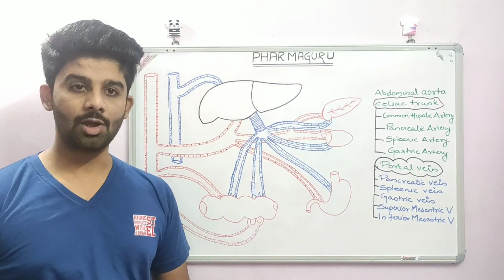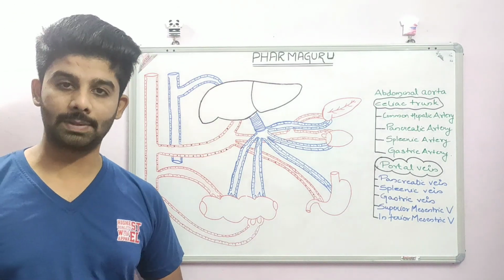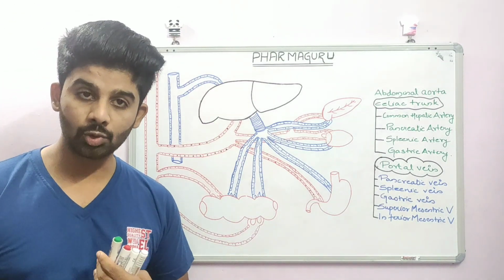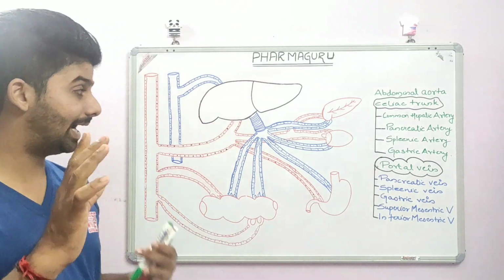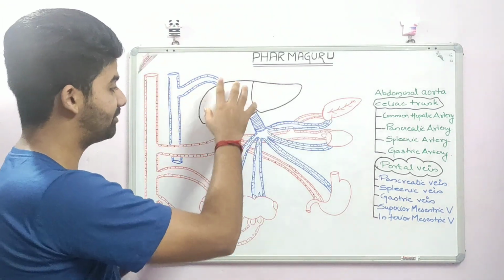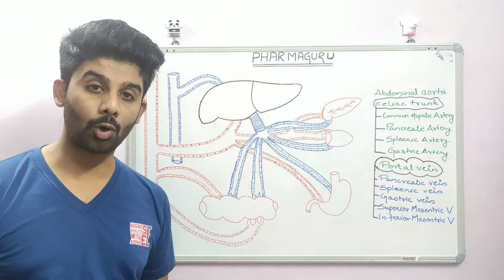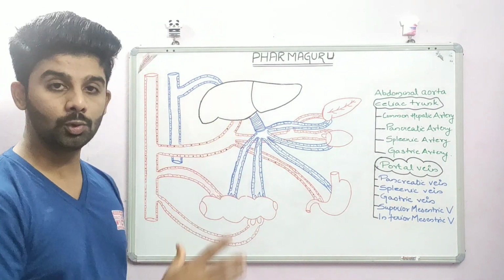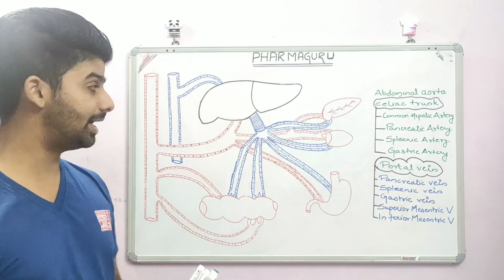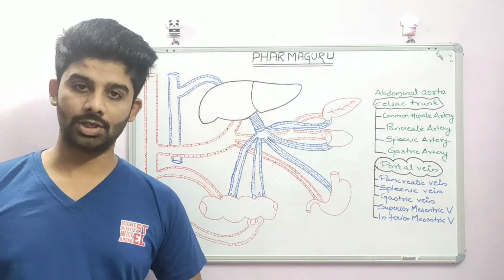Before beginning, one thing that we must know is that there are two types of blood supply to the liver. Either through the hepatic artery that I have shown in red color. These red are the hepatic arteries that give blood supply to the liver. And the second one is through the portal vein that I have drawn in blue. So this is to differentiate: red color, hepatic artery; blue color, the portal vein circulation.